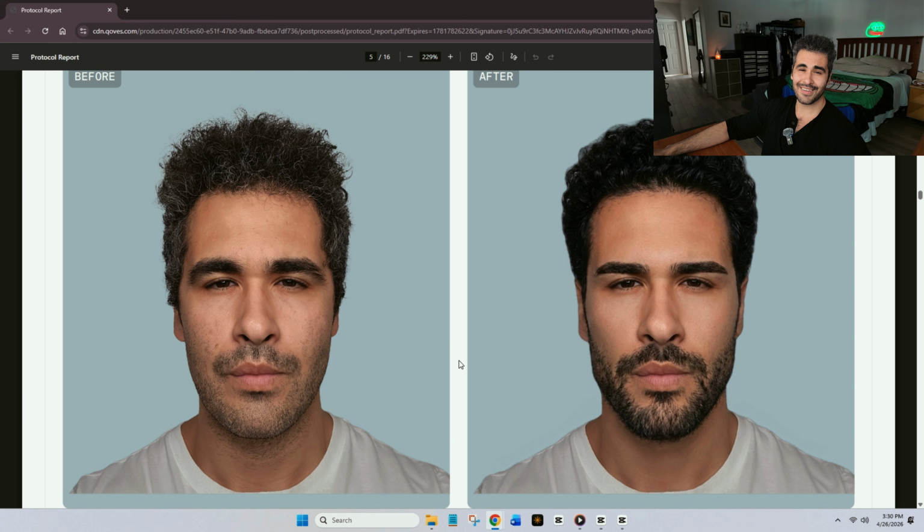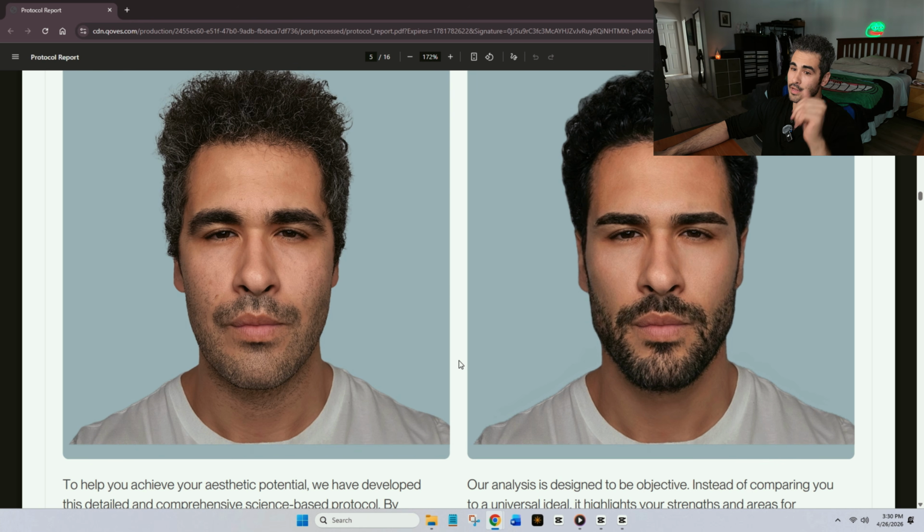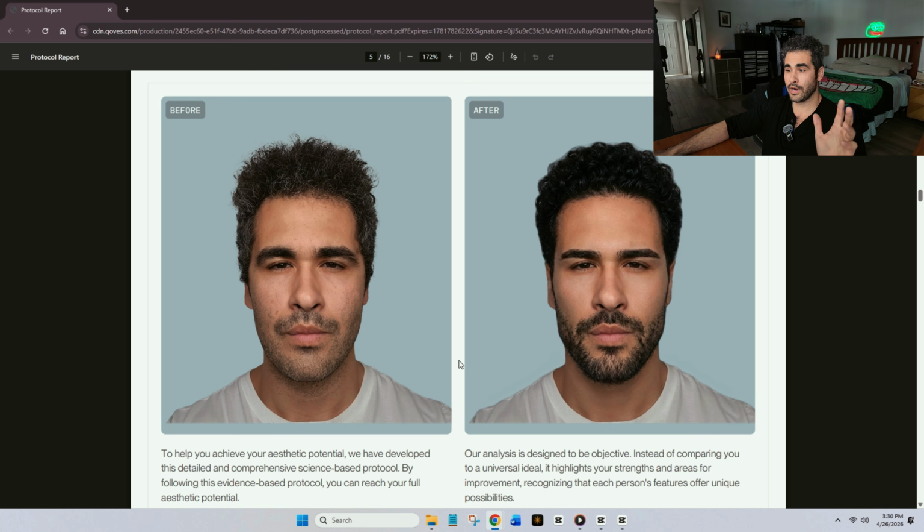I'm not feeling it, guys. I'm not feeling it, man. I like the jaw. The jaw looks good. And looking at this, basically, I'll tell you, lose weight, get a skincare routine. All right. They're saying, hey, you want your hair, make it a bit more curly, get rid of the grays. I love my grays. That's just me. Tidy up the eyebrows, skincare routine, but